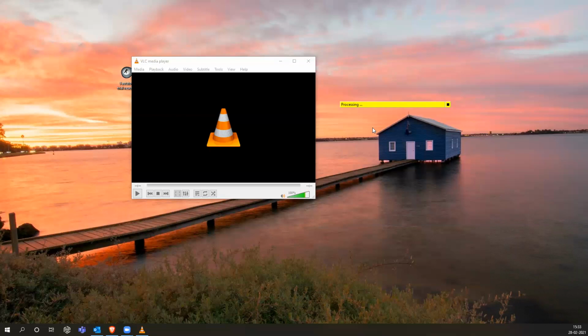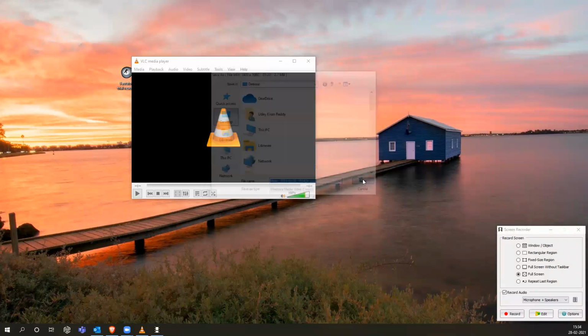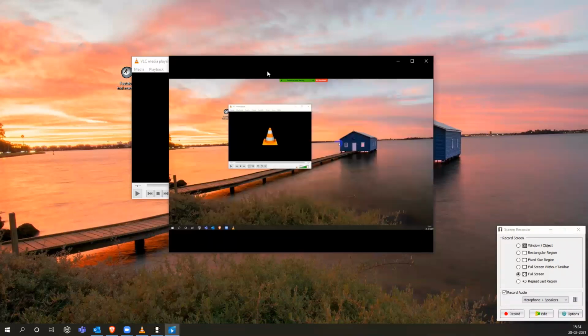After this processing, just wait for a few seconds. Like this it will come. So you can just click on stop, and the other options are save and discard. If you click on discard, that complete recording will be discarded. It will just delete. If you click on save, it will give an option to save the WMV file where I want to, and it will directly open in the media player which we select.